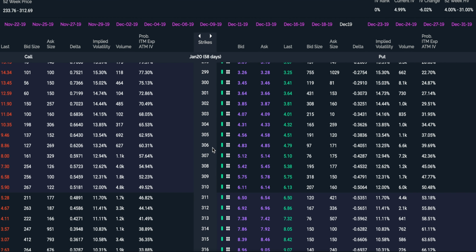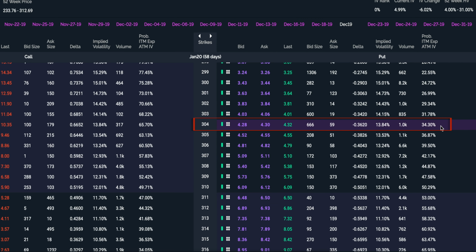Now, for a credit spread, we're looking for a trade with somewhere between, I would say, about 60 to 80% chance of success, meaning that if we held this option to expiration, we would be successful about 60 to 80% of the time. The market thinks that if we sold this 304 put, at expiration there would be about a 66% chance of success for us. So we're going to sell the 304,